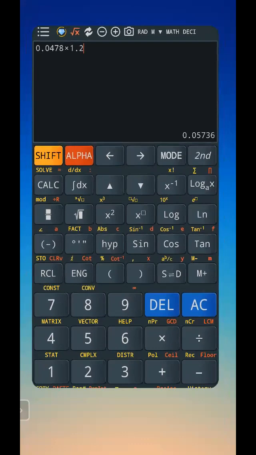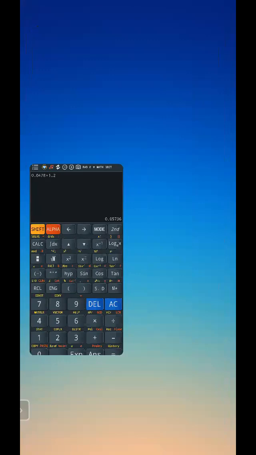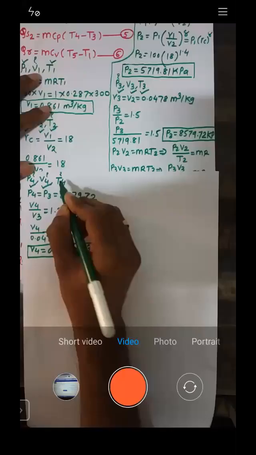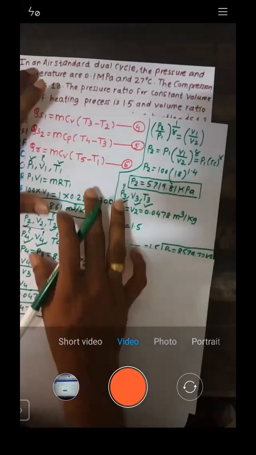Value of V4 we got. See, P4 V4 we got, now we should get T4. So like 2 to 3, I will apply it for 3 to 4. I will apply the ideal gas equation between 3 to 4. How to do that? P3 V3 is equal to MRT3. And P4 V4 is equal to MRT4. So from this, I will write down P4 V4 by T4 is equal to MR. Right? Now